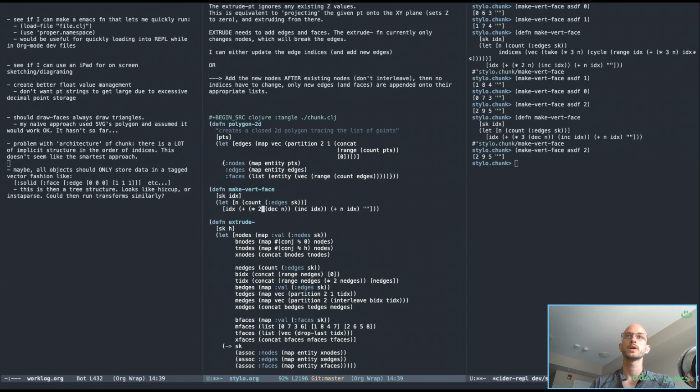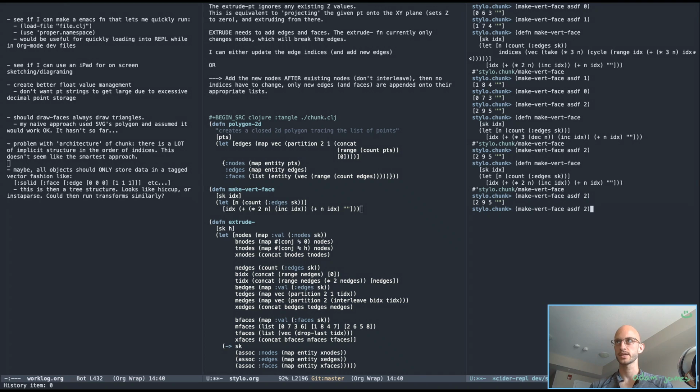It's 2n. Index. No, I have, yeah, no, that's right. 2n plus the index should be what I'm looking for. No, index plus 1 is right, after all. In the case of 2, I get a wrong answer, but in case of 0, I get a right answer, and 1, I get a right answer, right? And the reason for that